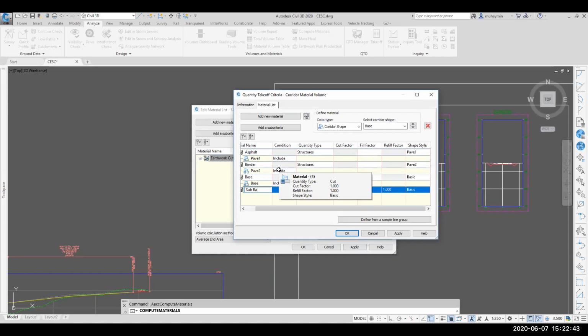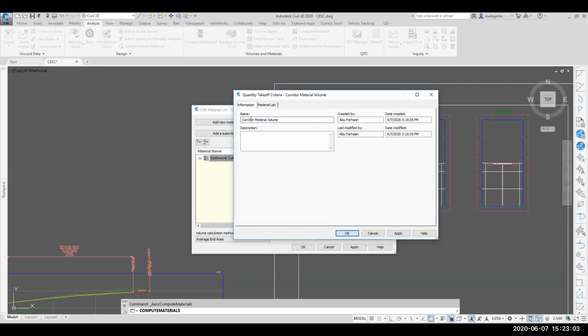Then structures, go for sub base, click on add. So I have the whole of this within my quantity takeoff criteria. So when you're done this way,